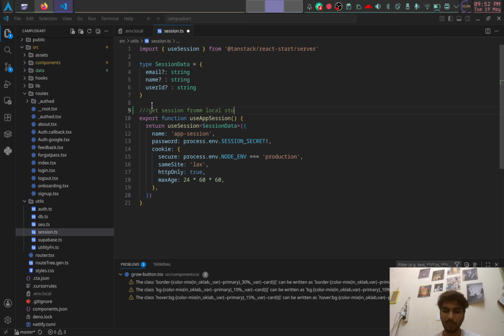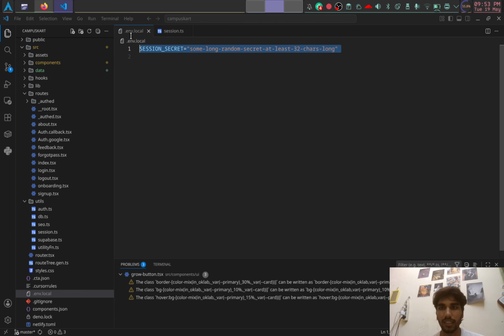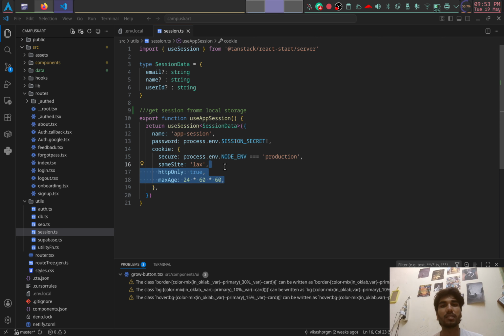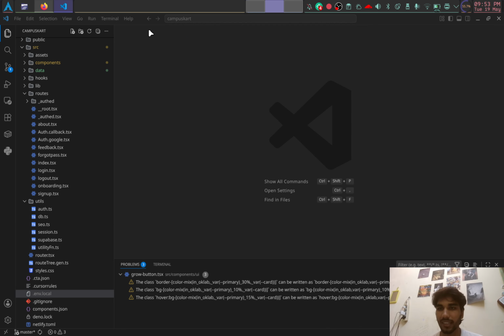There are certain parameters like the session secret, which you just set in your .env. Some long character string, it doesn't have to be short. And the max age after which your cookie will expire, set that. There's nothing special in this code. The only special thing is